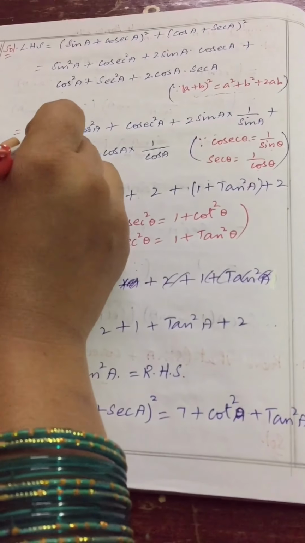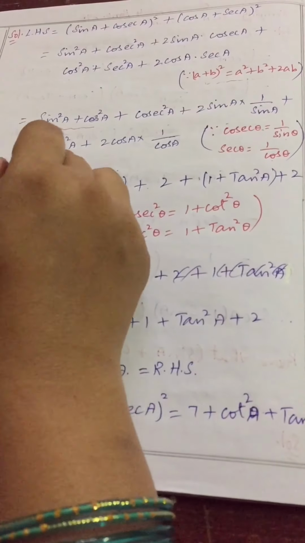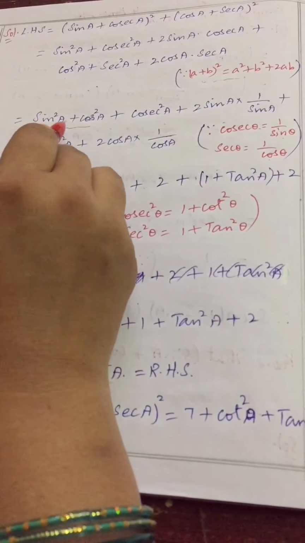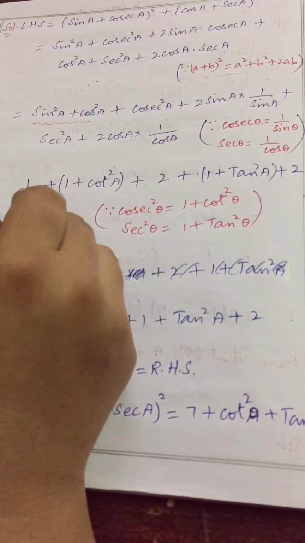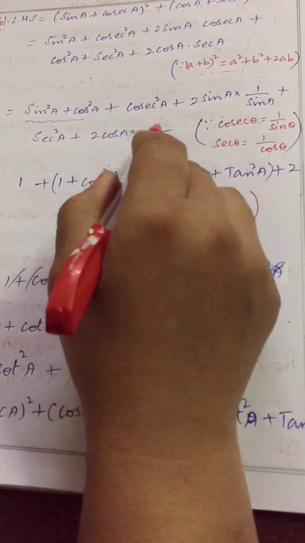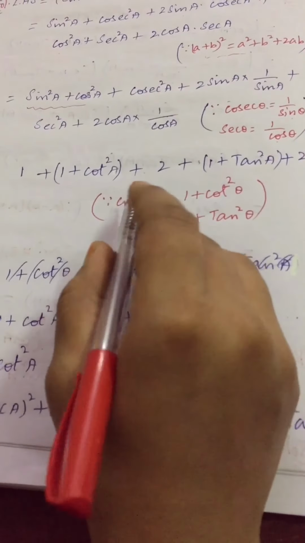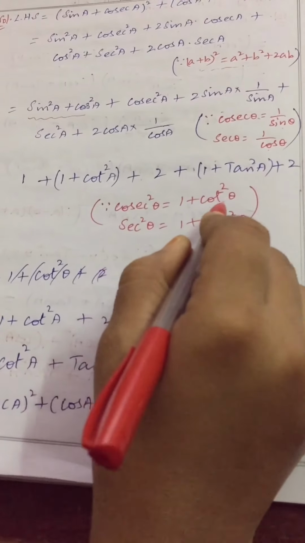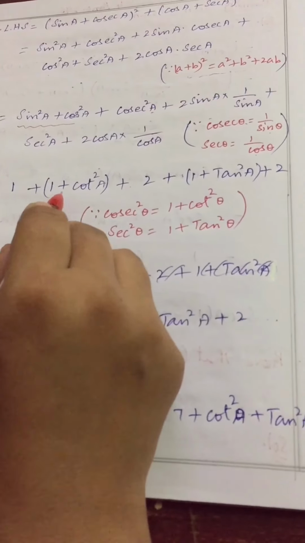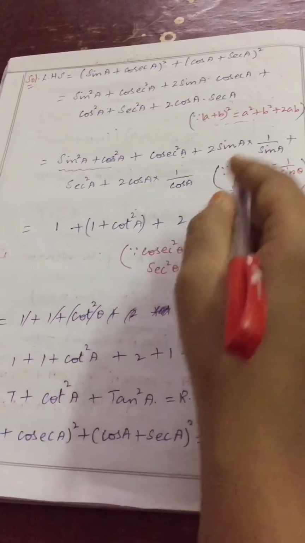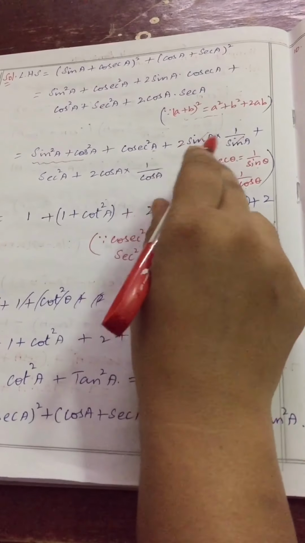And we have one identity, sin square theta plus cos square theta is 1. Correct, children? In place of that I am writing 1. Sin square theta plus cos square theta is 1, here in place of theta, A is there. So the value is 1. Plus cosecant square A, I can write 1 plus cot square A. We have the identity we already discussed: cosecant square theta is nothing but 1 plus cot square theta. So here theta is A. In place of cosecant square A, I am writing 1 plus cot square A. Clear, children? Plus this, numerator sin A and denominator sin A get cancelled. Answer will be only 2.